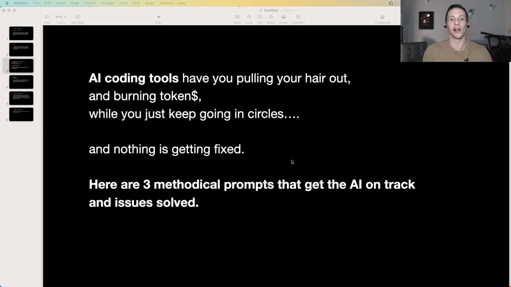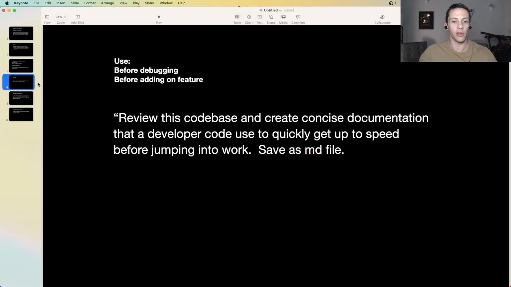It is a very, very frustrating and painful spot to be in. I have been there myself. And now I'm going to share with you 3 prompts that I have put together to get myself unstuck, and that I now use all the time before I embark on building a new feature, getting a new feature working, or debugging. So if you're stuck right now, it's going to help you. And I know that once you learn it, you're going to use these prompts methodically going forward to keep yourself out of these scenarios. So let's jump into the first prompt, and that is: